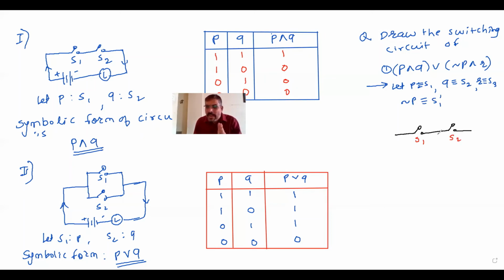Okay, and now after this we have to connect the second part, and the second part again contains 2 switches connected in series. Let us see. Here, this is one switch and one more switch here, and you can name these switches as per the consideration. Here, negation P means S1 dash, and the second switch is R, so it is S3. Now we have to connect these two parts, showing that they are connected in parallel. Let us see. Here, I have connected.